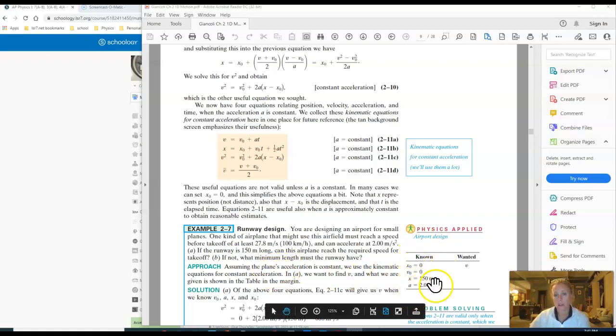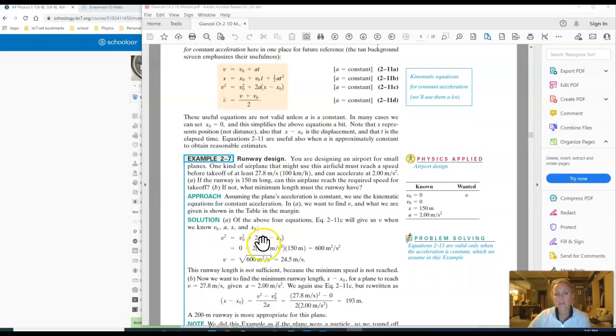So they talk about known and wanted. If I want final velocity, which equation would I use? I've got my initial position, final position, initial velocity, and acceleration, but I don't have time, so I can't use one. Oh, the only one that doesn't have time is this third equation: initial velocity, acceleration, and change of position. So I could find final velocity using that equation. But you don't know it until you write it down. So take a look at those,